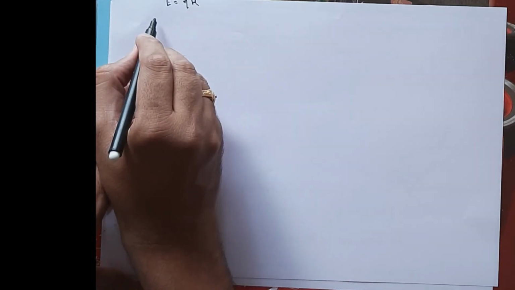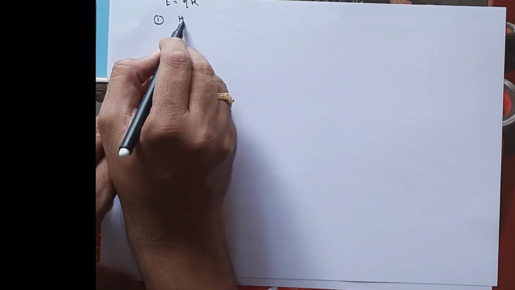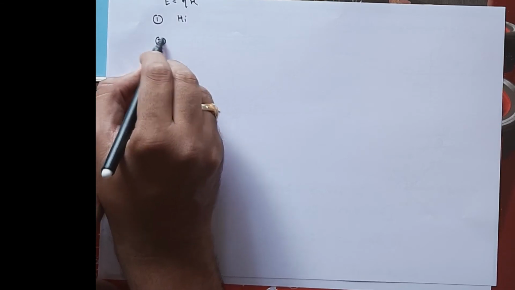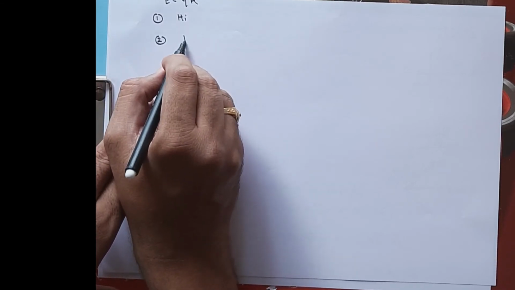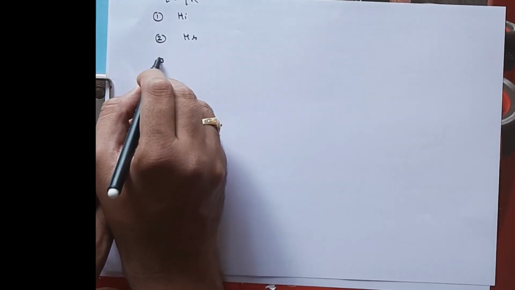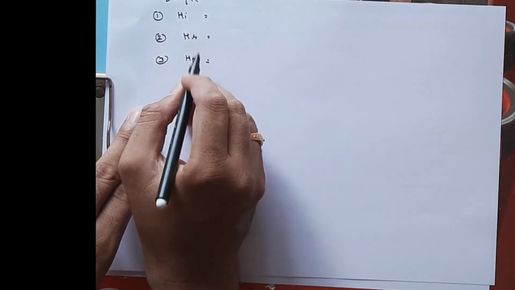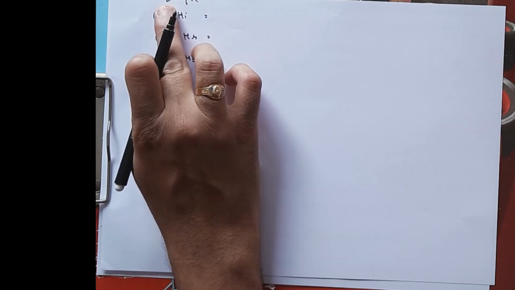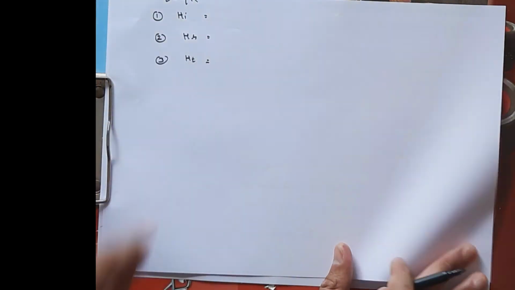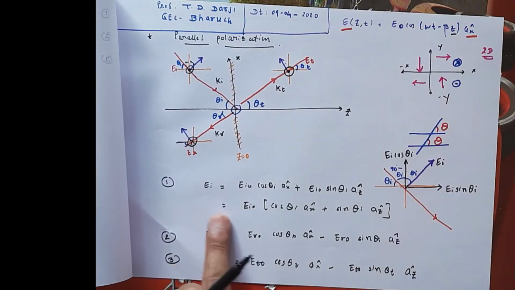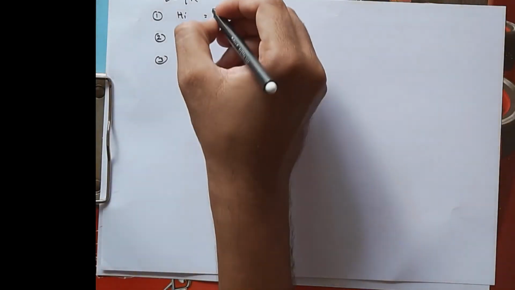So first I have to write the equation for HI, the incident magnetic field, then the reflected magnetic field, and last the transmitted magnetic field. So what is H? H equals E by eta. Here EI is equal to this one. So what is H? HI is